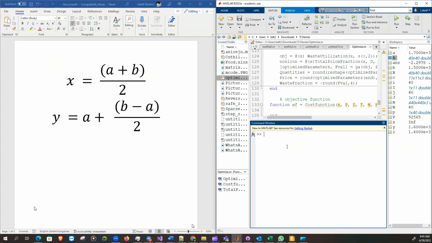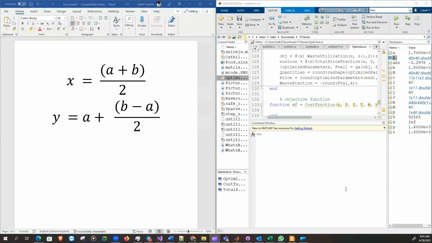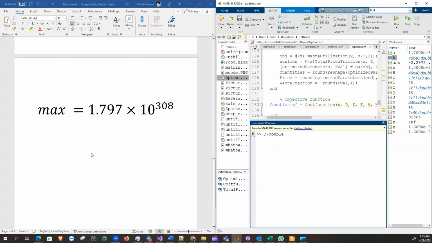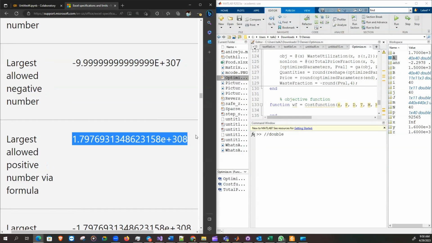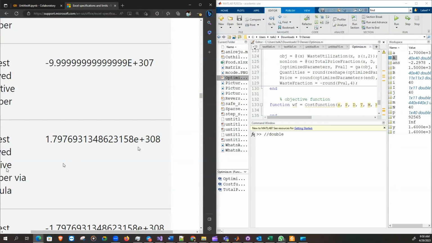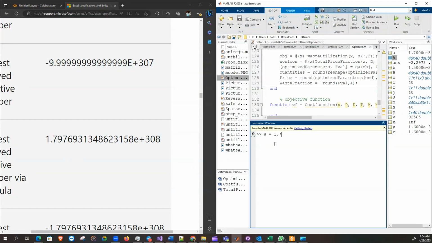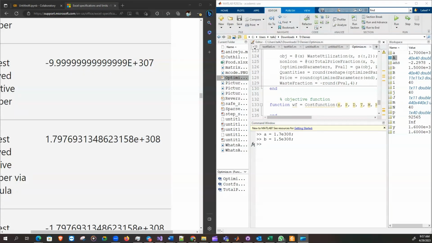Part 1, MATLAB. To explain this, we will use MATLAB. Numbers by default are doubles, so the maximum number you can represent as a MATLAB double, which is based on the IEEE 754 standard, is 1.797 times 10 raised to power 308, as can be seen in this Microsoft documentation. So let's say our a and b are big enough so that each of them is representable, but their sum is not. So let's set a equals 1.7 times 10 raised to power 308 and b equals 1.5 times 10 raised to power 308. These numbers can be represented, but their sum, which is 3.2 times 10 raised to power